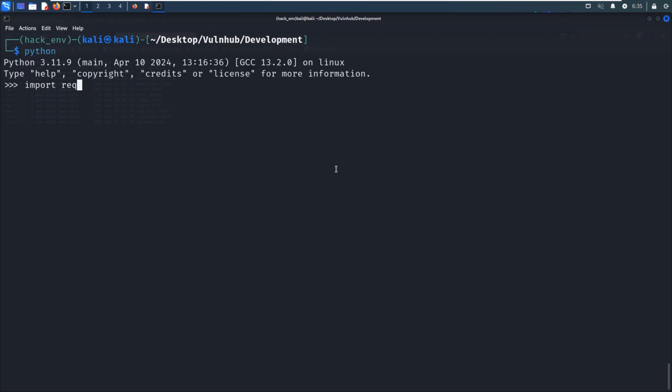We can import the requests module, and we can open the file pages in read-only mode as handler, and for line in handler.readlines, and we can print. So we can print like retrieving, line.strip.